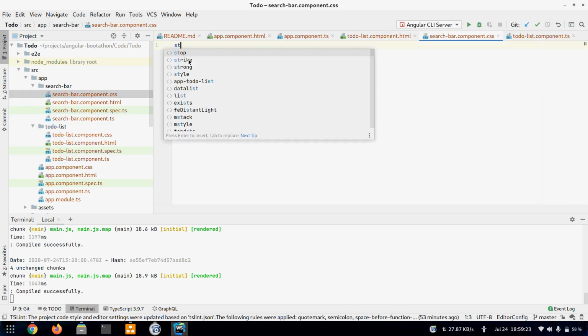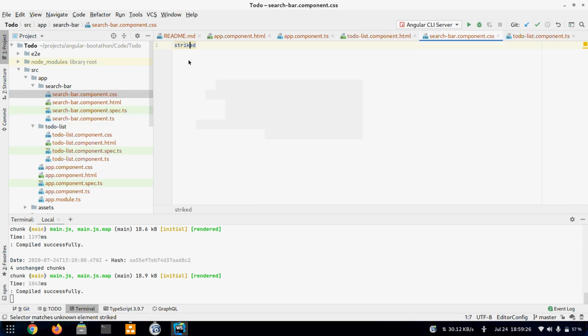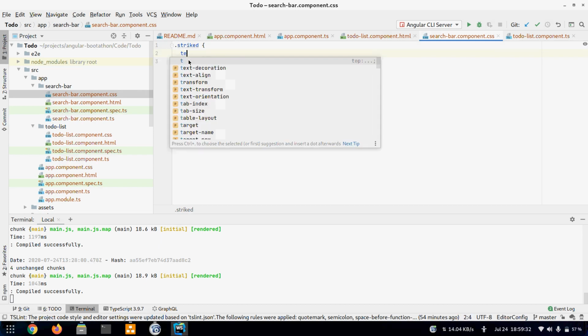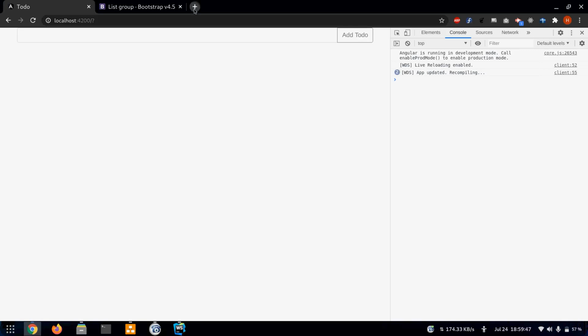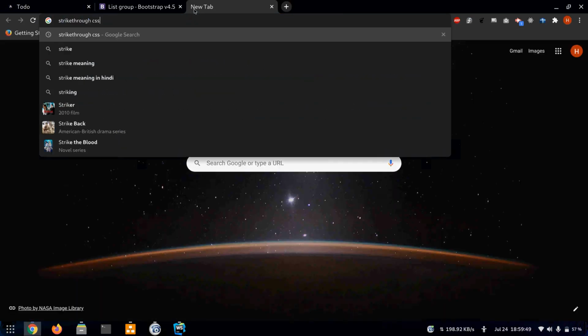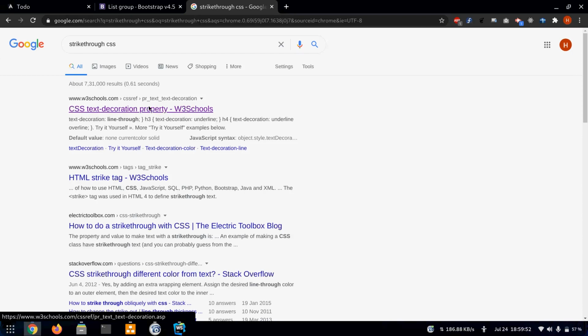So let's see. Let's create a class first named striked, which is a CSS class, and whatever it will be applied to, it will, let me Google, I forgot that.